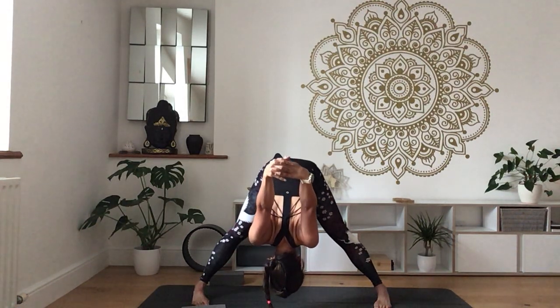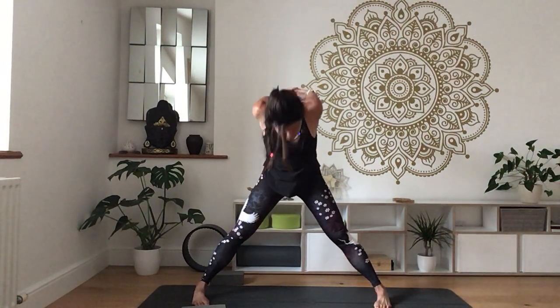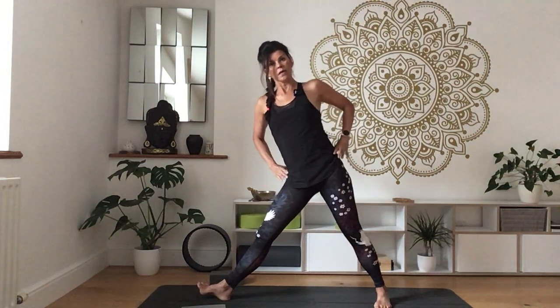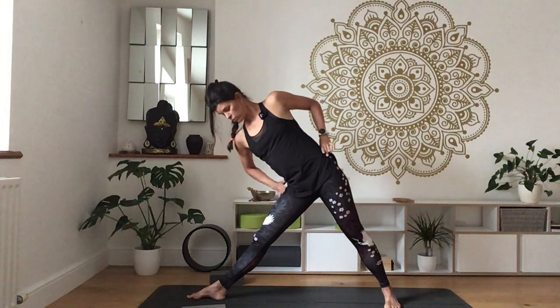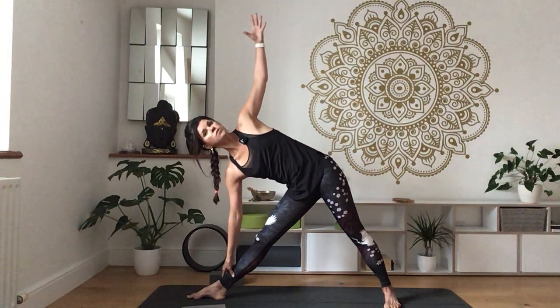Controlling with the legs as you inhale, slowly lift out. Release the hands and turn your right toes to the top of the mat. Again, leaning out, finding our way towards Trikonasana now on this right side. When you're ready, the right hand comes to the shin and you can send your left arm skyward,